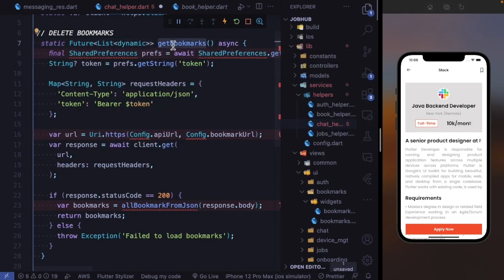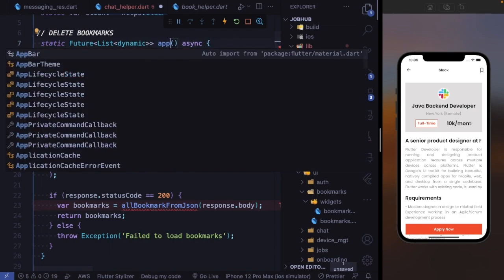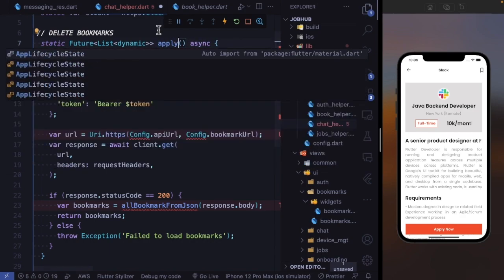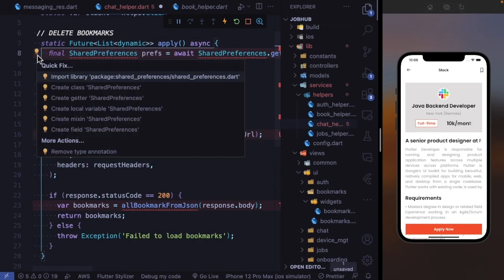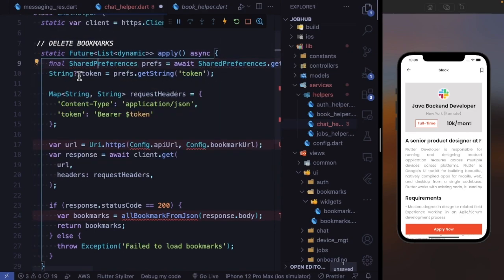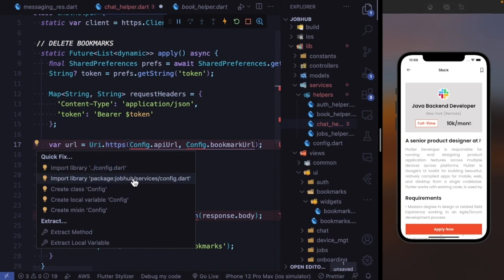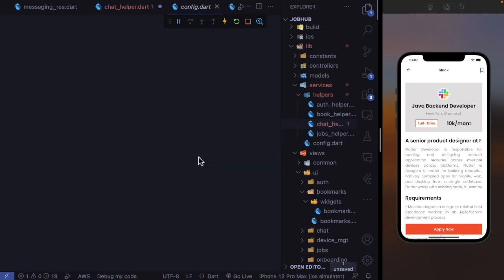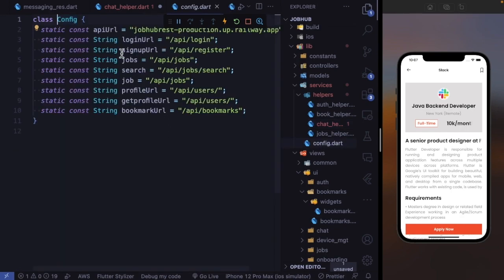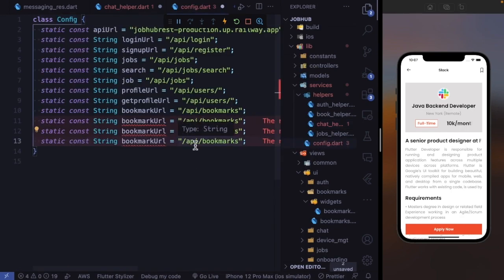And this one is going to be apply. So we need to import our shared preference. After importing our shared preference, everything is okay. We need our config. So in our config, let's see, we need to add the endpoints for these things that we're doing